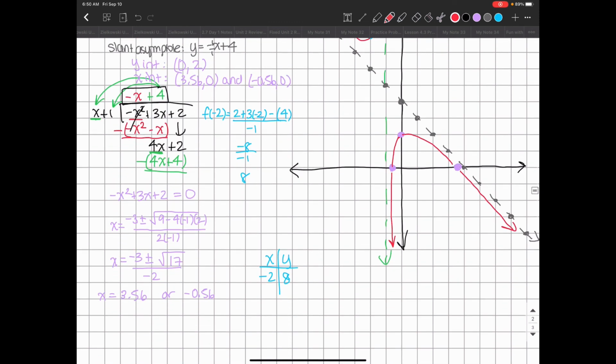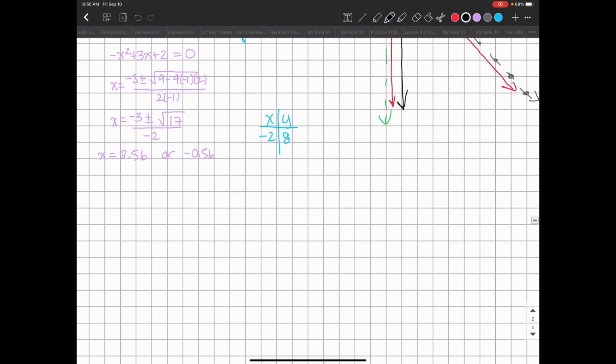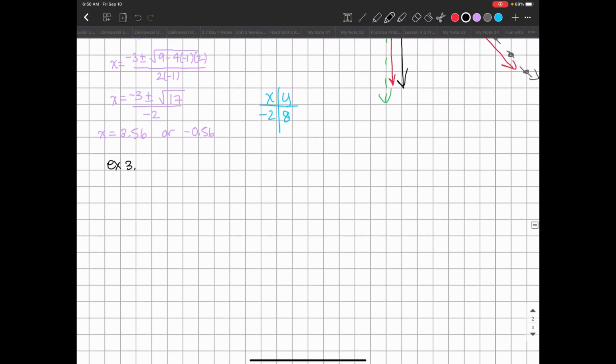And then let's do one more example. So example 3, I'm going to do f of x is equal to x squared plus 3x minus 4 all over x minus 1. And here what I'm going to see is when I factor this top, I'm going to get x plus 4 times x minus 1 all over x minus 1. And when I get that, I'm going to end up with x plus 4 because these two things cancel each other out. That means that I do have a hole, and the hole that I have is at x is